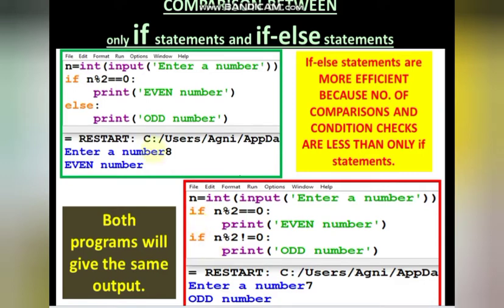And if we talk about efficiency, if the condition is true, it will enter this part, it will not go to the else part. But if you can see here, if the condition is true, it will come here. Again it will come out of the if block and then there is again if. So again it is checking the condition at least. So the number of comparisons is less in case of if else, but the number of comparisons is more in case of only ifs. So if else is always preferred.